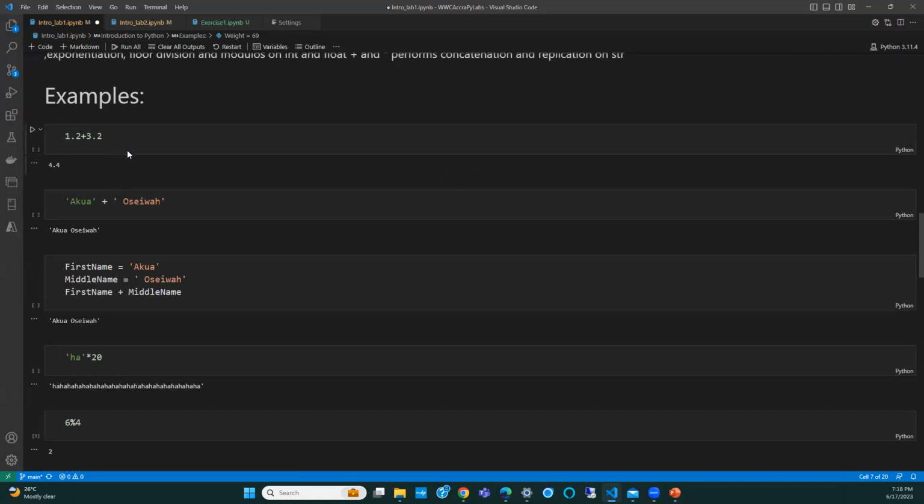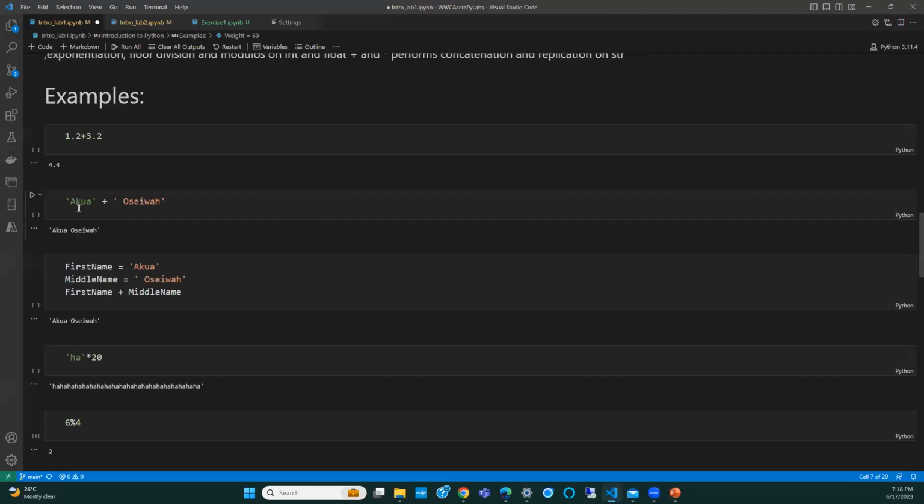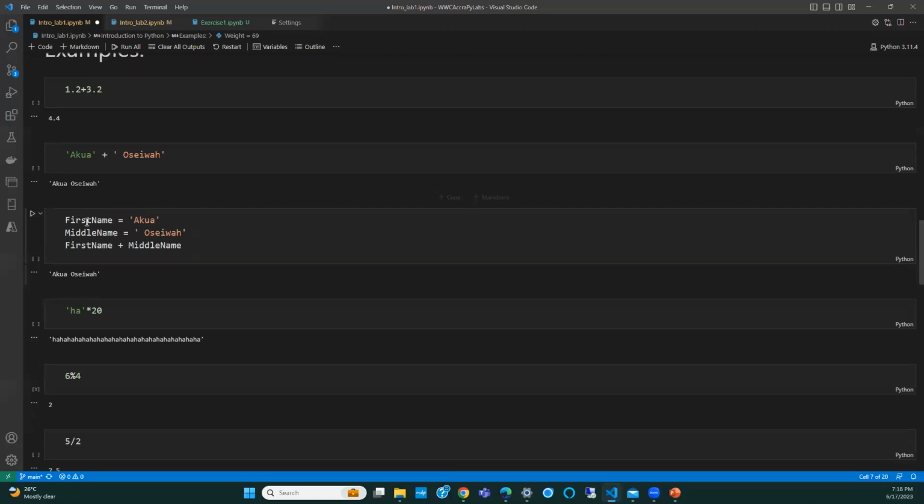And for the same addition operator, if it is being done on string values, it changes, right? So instead of addition, since you can add strings, it does concatenation, right? So it takes one string value and appends the next string value, okay? So it does a concatenation here.